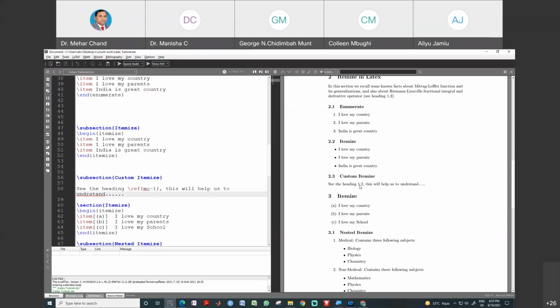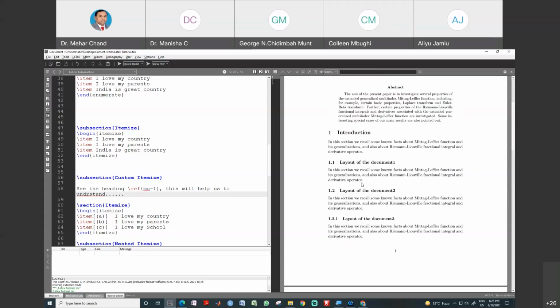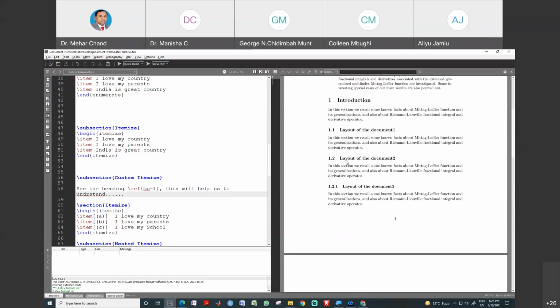Subheading is 1.2, and you can see this is 1.2. So it automatically gave the number for the given label of the corresponding heading or subheading. In the same way, we can use it for chapters, for figures, for tables, anything which we want to control for our documentation. Okay, and see why this is important, because this is a very simple example.